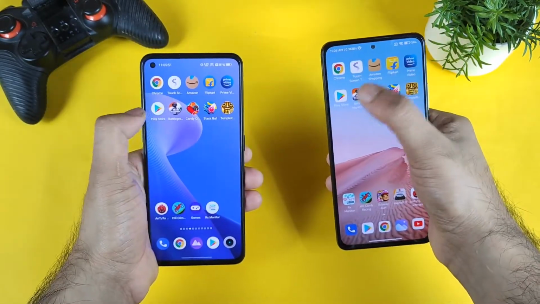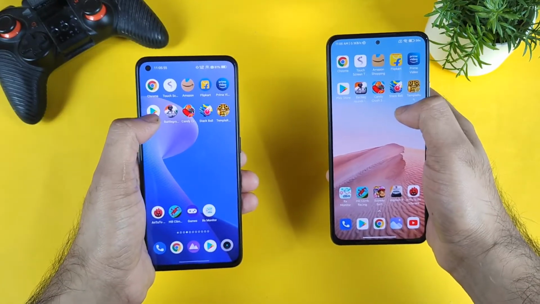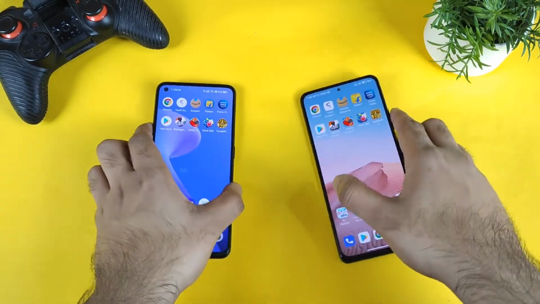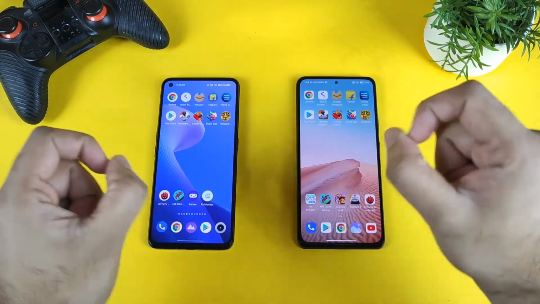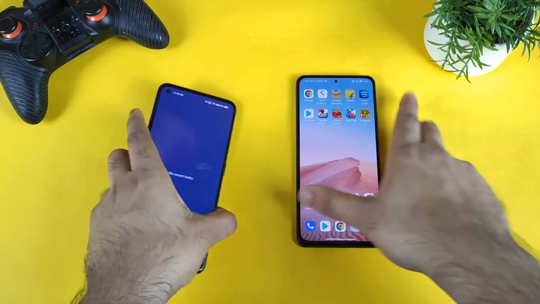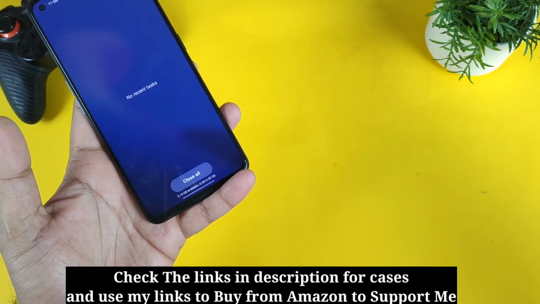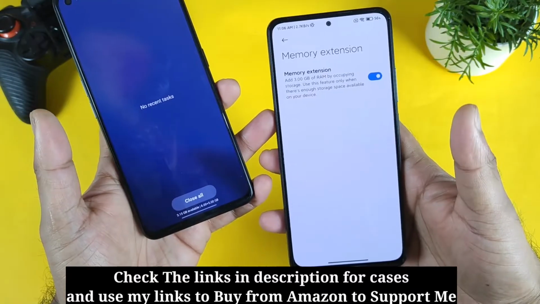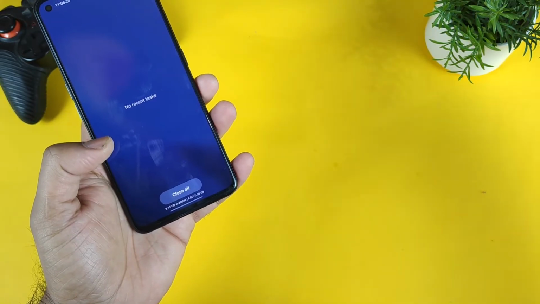Right now you can see these are the 6 applications which I'm trying to use and 4 games as well. Out of these 4 games, I did include the Battlegrounds mobile game. Let's see what the RAM management will be between the MIUI enhanced version versus Realme UI 3.0. That's something you should definitely understand. I'm using the external RAM capabilities in the Realme GT Neo 2, and the Mi 11X also has external RAM capabilities which I turned on, as you can see, a 3GB RAM expansion. So both phones, 5GB and 3GB RAM expansion, are turned on at this moment.